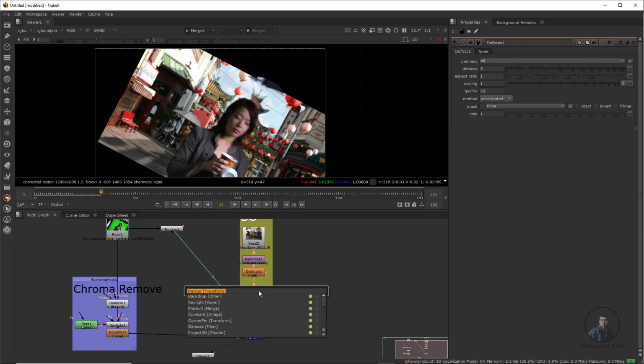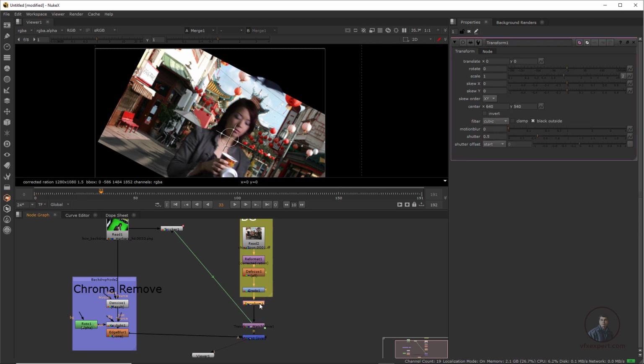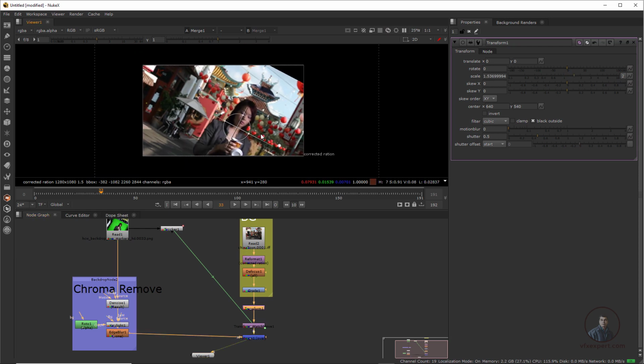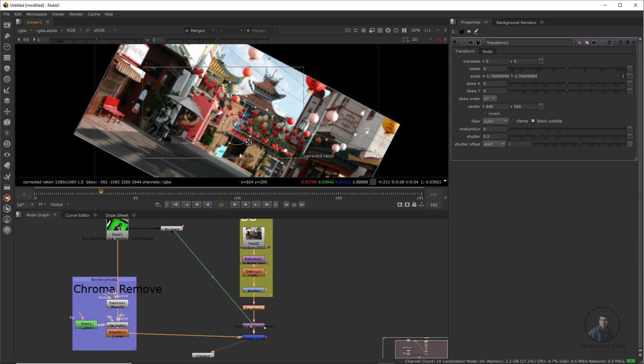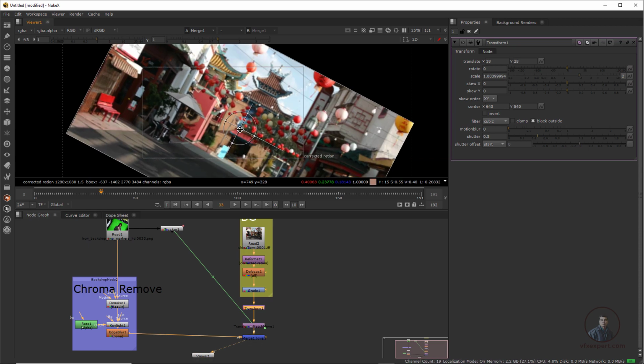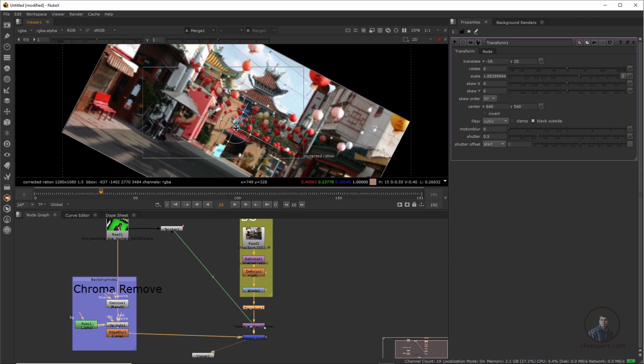So I have selected this one, pressed tab, typed transform, and taken this one. Now just scale it here and we have to cover. You can even adjust position, all these things, according to your requirement.